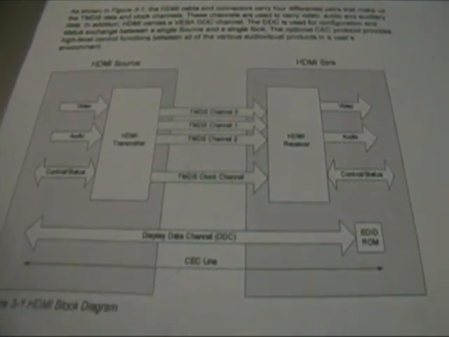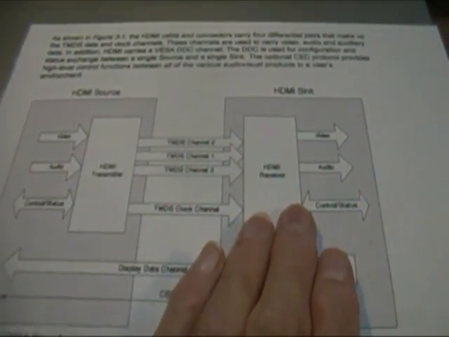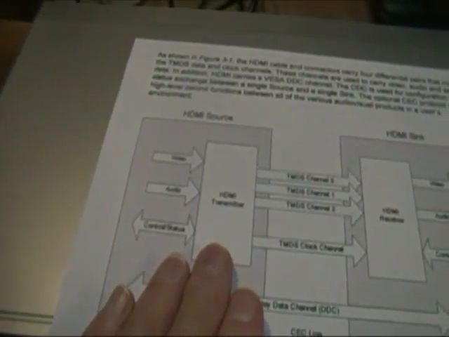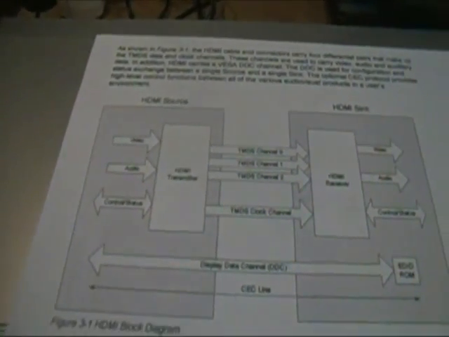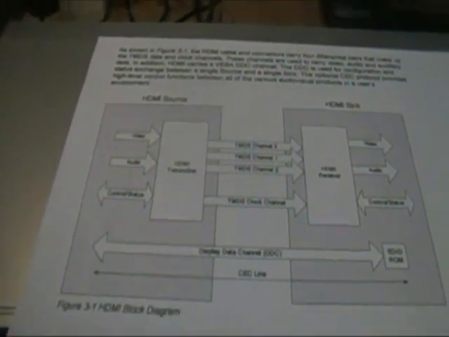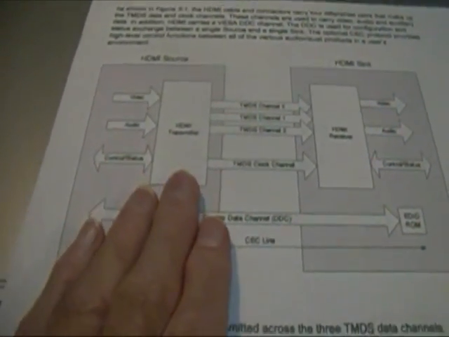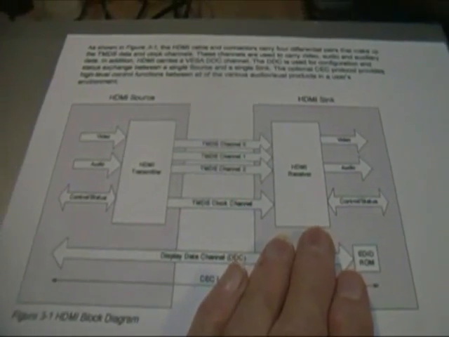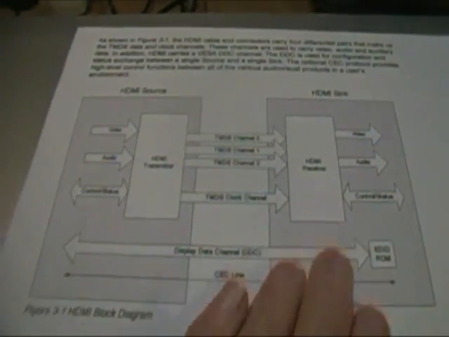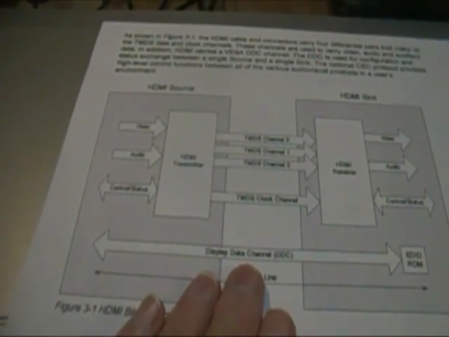In other words, for the first time with HDMI, the receiver could talk back to the transmitter. And that allows some advantages. For example, the transmitter can adjust itself to, say, the resolution of the receiver, but it also allows things like